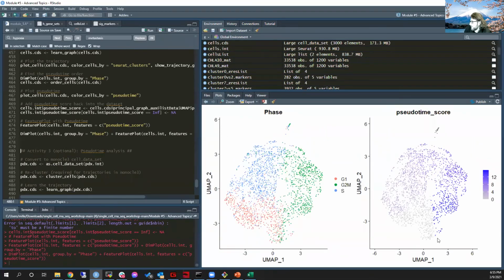So what's really cool here is that this pseudotime boundary is right at the boundary of the G2M to G1 mix here. So what this implies is, in fact, this is not really a donut. I mean, it represents it as a donut, but there is no clear connection between G2M and G1 here. There is G1 to S to G2M, but there seems to be some sort of barrier here between these. Now, in our way of seeing the world, obviously you can get back here because we know how biology works. But in the world of this graph network, there wasn't a clear connection to get back here,